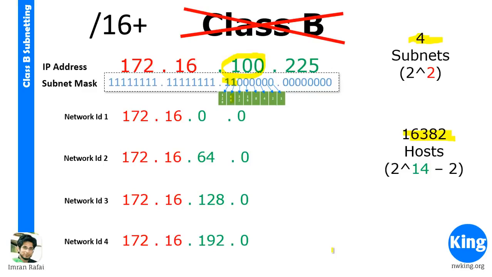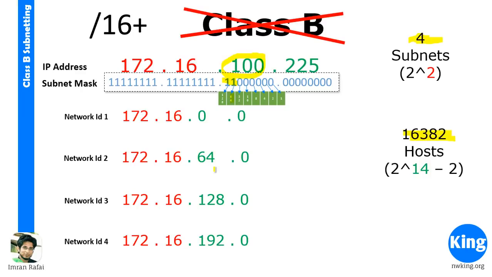Now that's the question. Again, 1 minus the next network ID. So in the first case, it is 64.0, the next network ID. Minus 1 is 172.16.63.255. Remember the digital clock. Now you know how a digital clock works. That's exactly how this works. So 64.0 minus 1 is not 63.0. Remember, it is